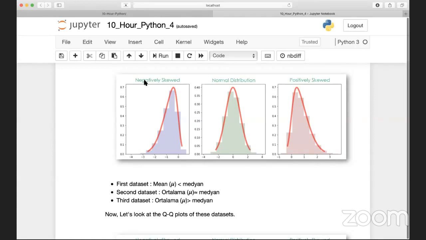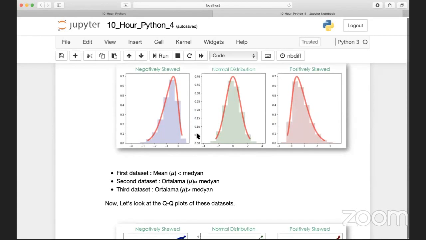Okay, so negative skewness. Negative skewness, on the other hand, is again defined by the outliers, and the outliers are on the negative side, that's why it's either called left skewed or negatively skewed. Okay,